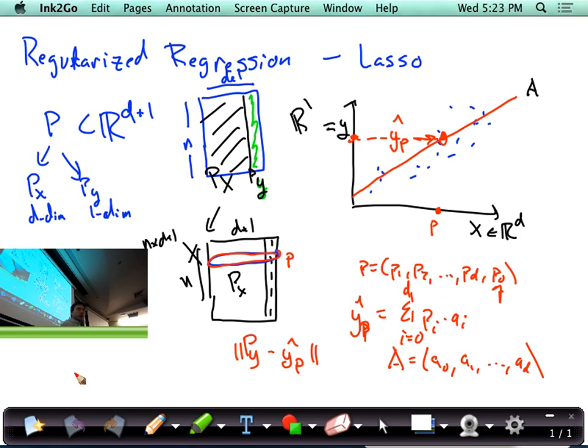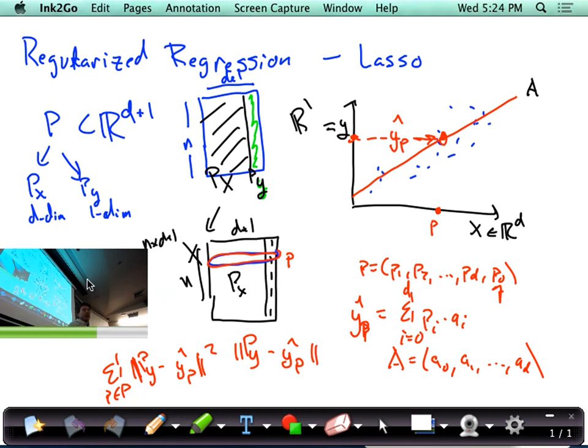And so the goal is going to be the sum over all P in my data set of y_P minus y hat of P, so that this difference here, these are two values, squared is small. And so this was the least squares estimate. Okay, and so there was this